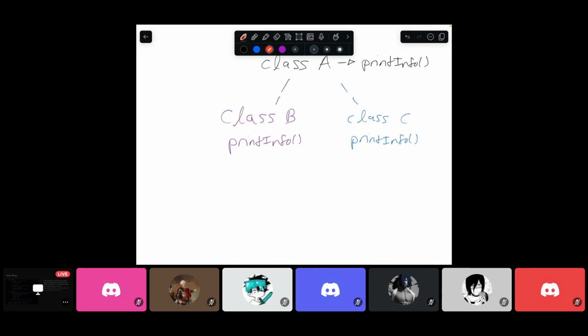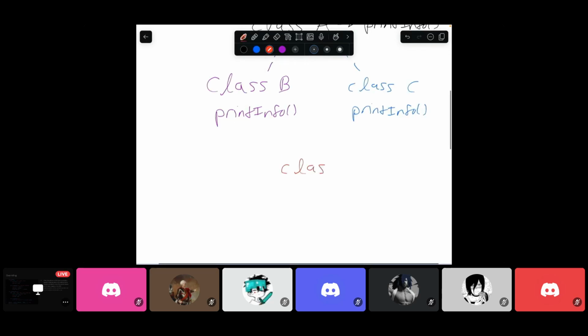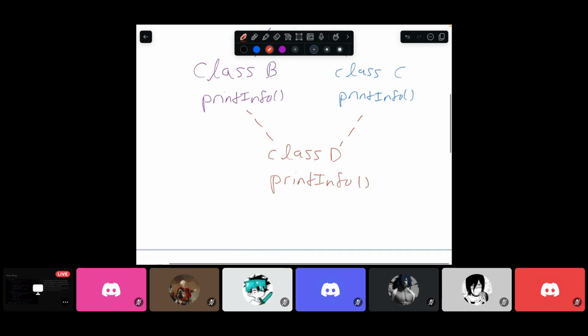But then let's say a grandchild class comes into play and it inherits print info, but it extends from class B and class C. So now class D does not know which print info it should inherit. Should it do this one or should it do this one? Java can't pick for you, so the compiler just forfeits and crashes, and that causes a whole bunch of errors